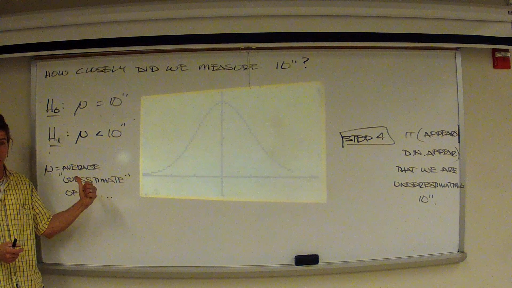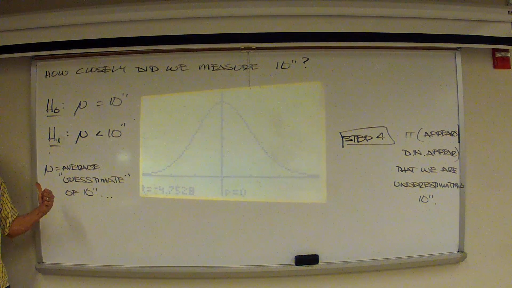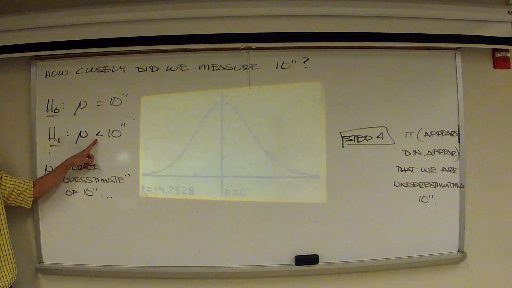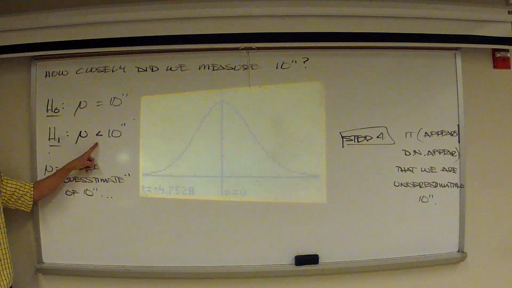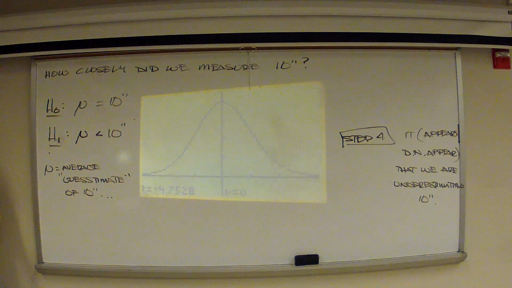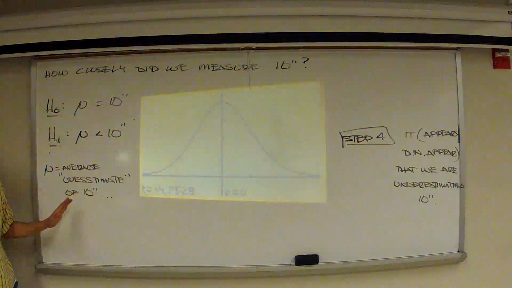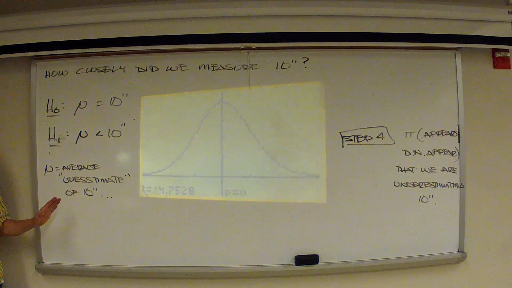Jamie's got to vote for over here. To the left, to the left, to the left. It has to be, correct? Once again, because we're checking for a left-tailed test. So, what do you think? Are we underestimating? For sure. We are almost 5 standard deviations below where we should be if we were actually hitting the 10-inch mark,